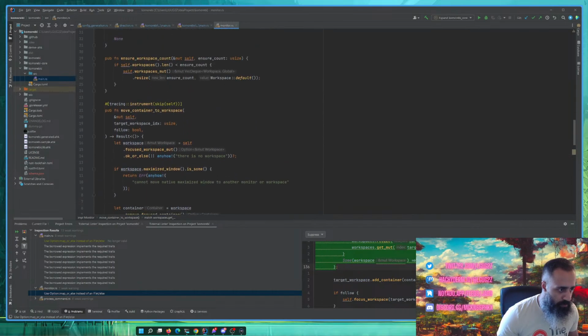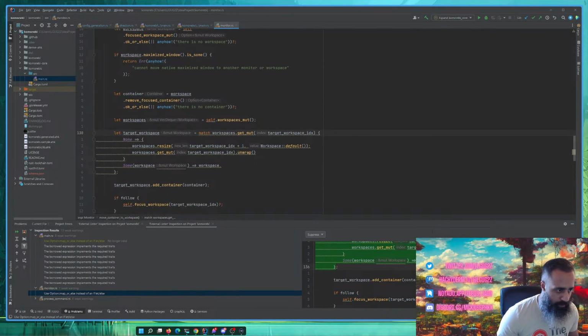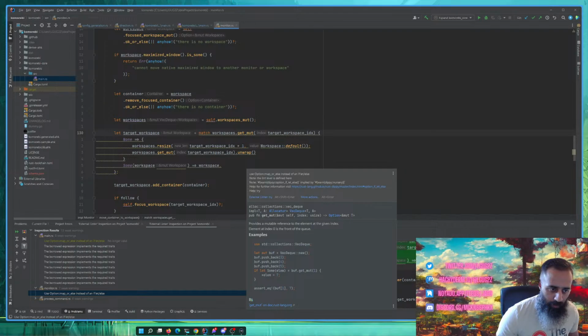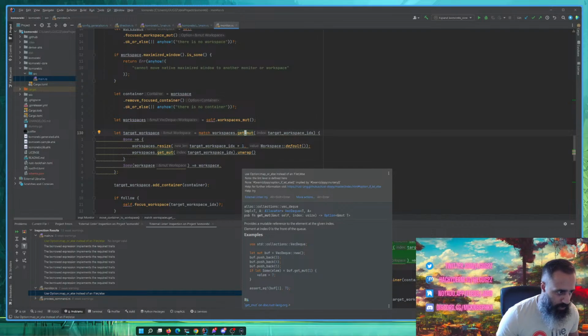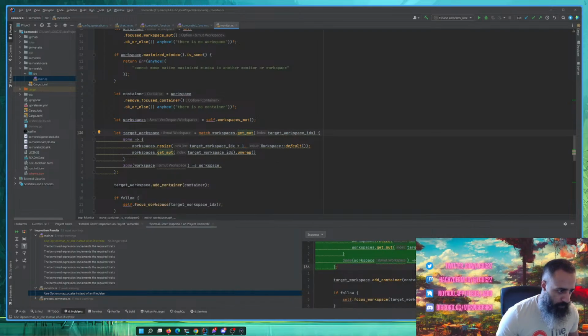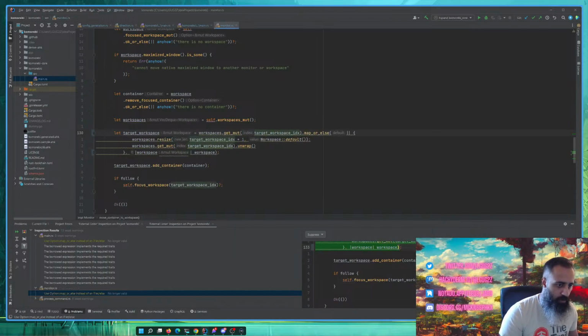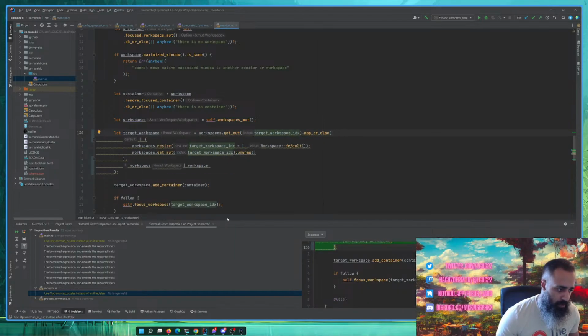Okay, what function is this? Move container to workspace. Alright, so we're trying to figure out the target workspace. This get mutable on the workspace index returns an option, I believe. Yeah. And if there is nothing, we have this default case. Otherwise, we're returning the workspace reference, the mutable workspace reference. So let's apply this. Map